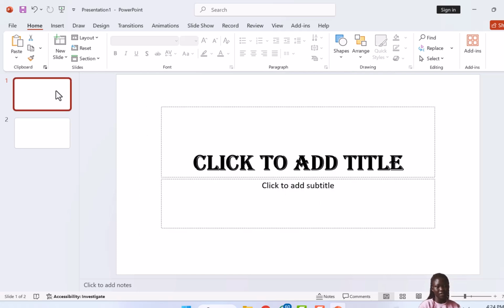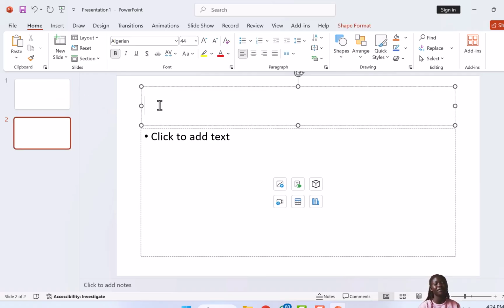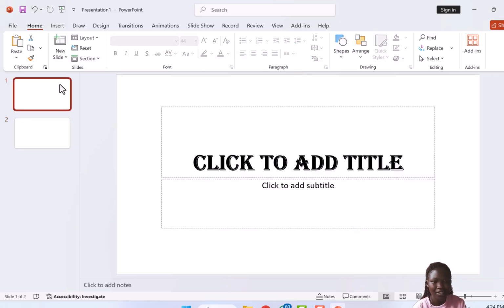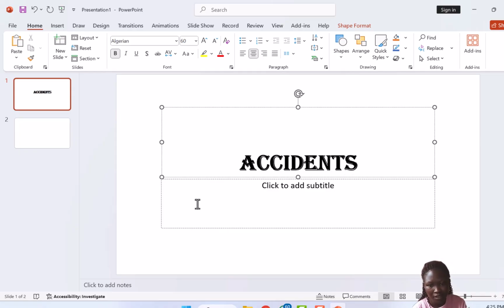Now, when you work with the master slide, you have seen the way that thing is appearing. Our title is going to be in that format. Even what we have here, it's going to be in that format. Whatever I've done in the master slide is what I'll have. So let's say we're making a presentation about accidents. Actually, let's start from slide number 1. The first slide, that is the title slide, we're doing accidents. The presentation is by